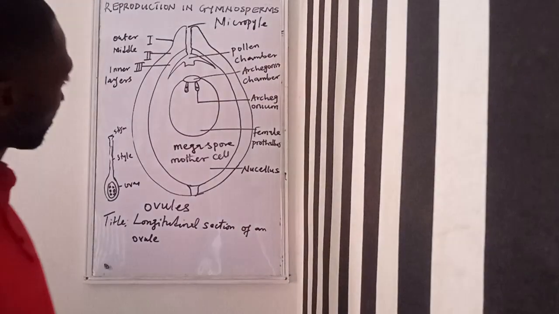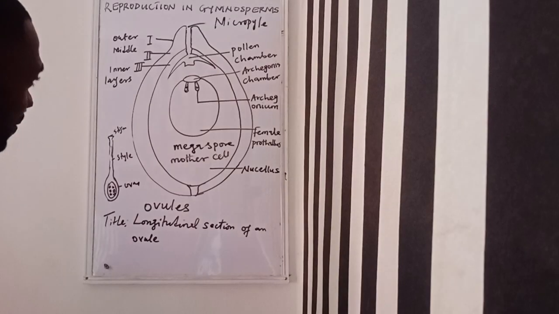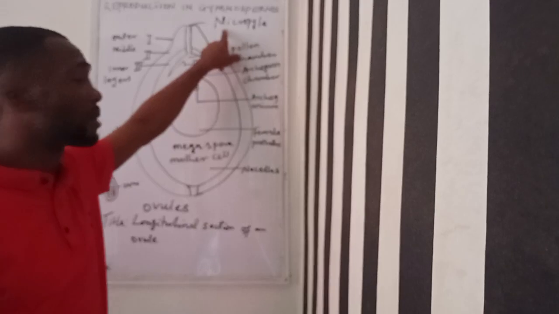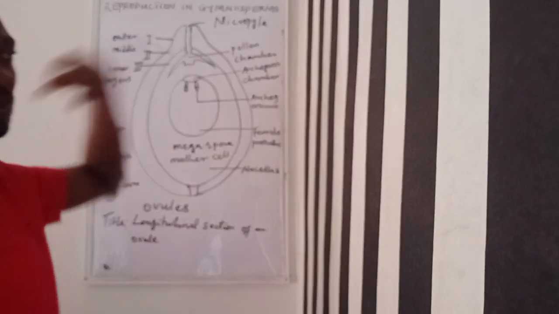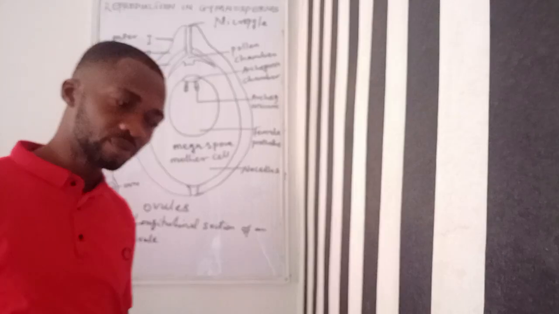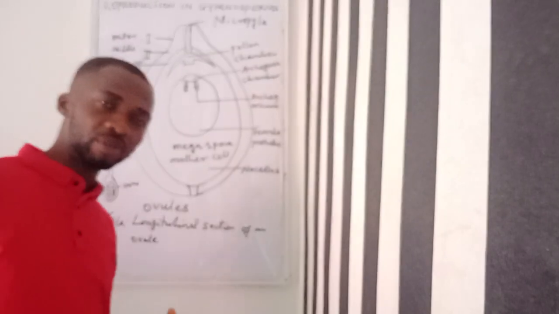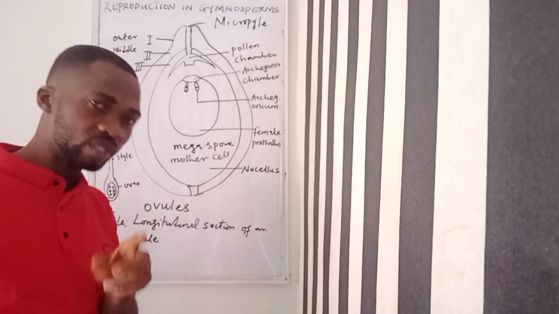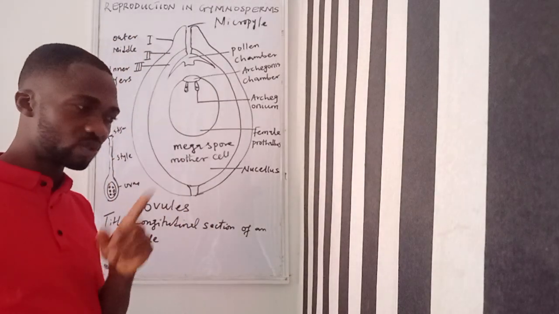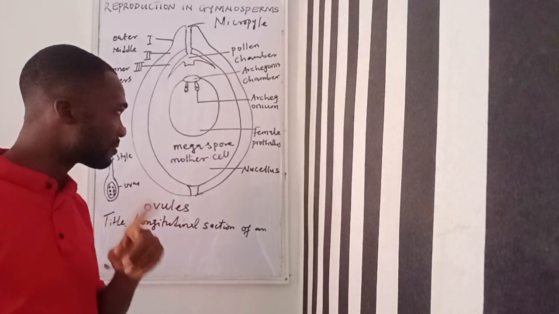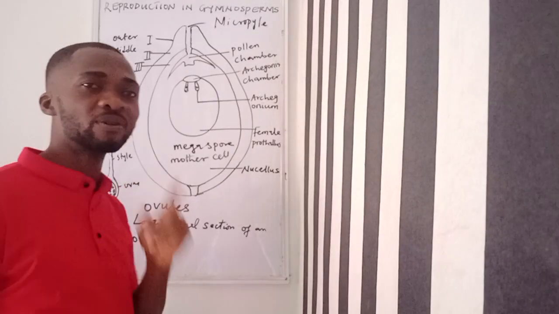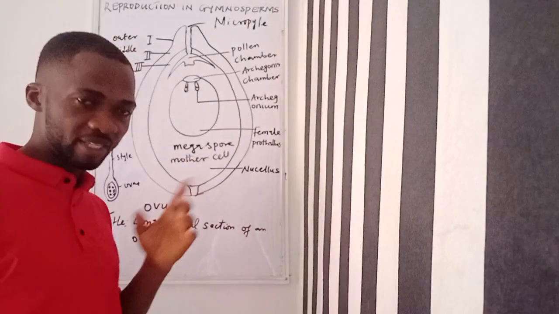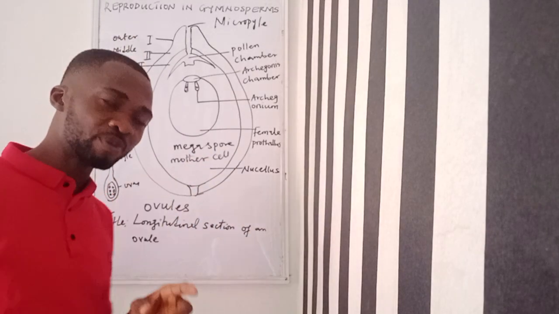Now in the case of the male, this opening is called a micropyle. Wind blows the pollen grain. Like I said, the agent of fertilization in gymnosperm is wind, not water. Please note that carefully. I'm repeating it again: the agent of fertilization in gymnosperm is wind, not water. In bryophyta and pteridophyta it is water, but in gymnosperm it's wind.